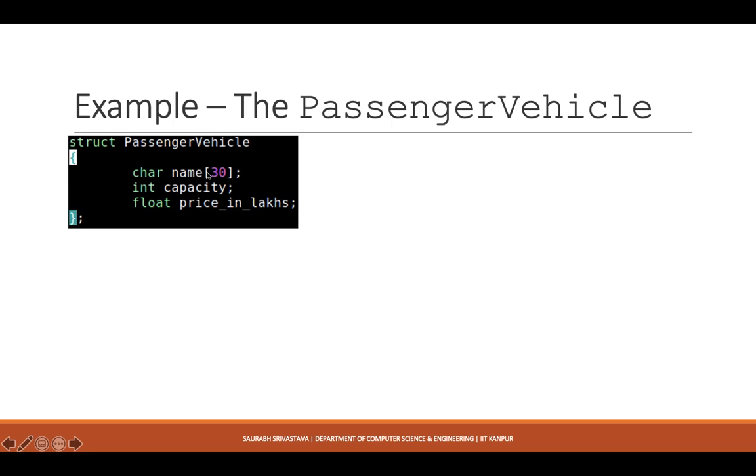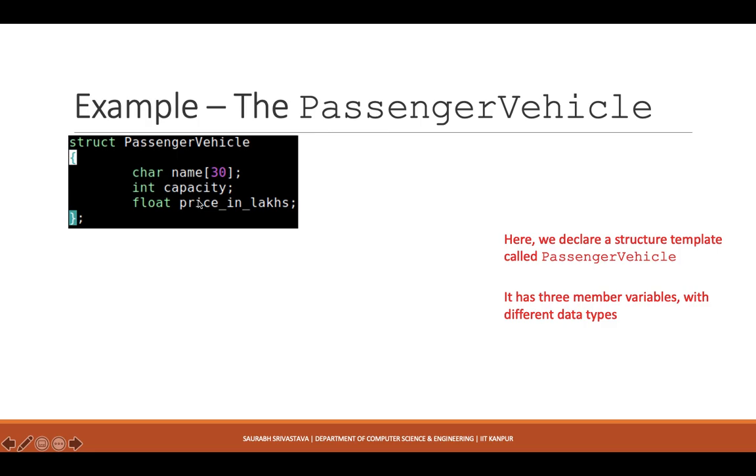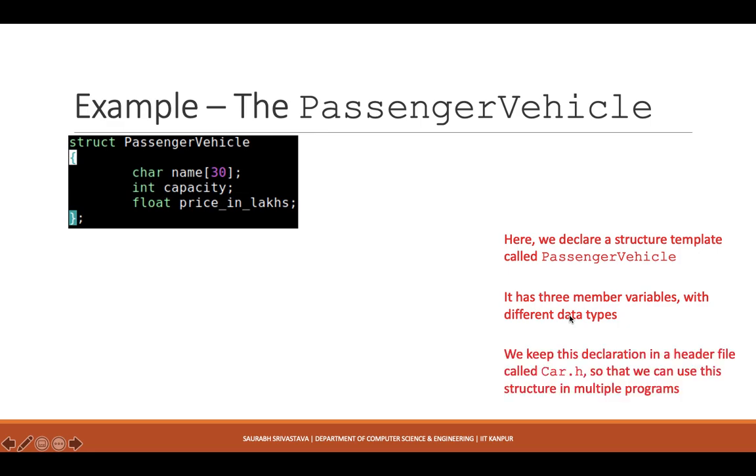Then I have another variable called capacity, which is an integer, and a third variable called price_in_lakhs, which is a float. So this particular structure has three member variables, and they are all with different data types. For this particular example, we are going to put this small template in a header file called car.h.